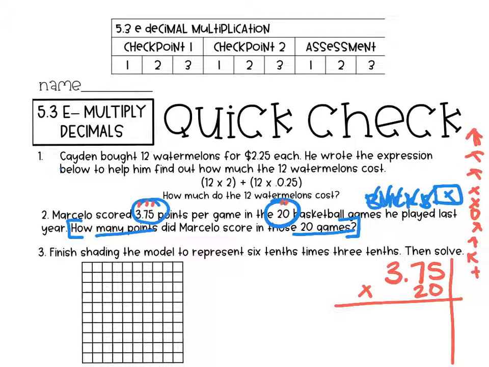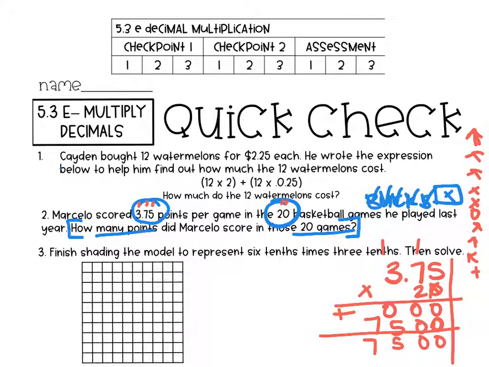So 0 times 5 is 0, 0 times 7 is 0, and 0 times 3 is 0, X, O. 2 times 5 is 10, carry the 1. 7 times 2 is 14, plus 1 makes 15. 3 times 2 is 6, plus 1 makes 7. So add that up, and we get